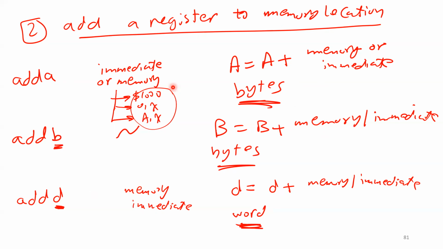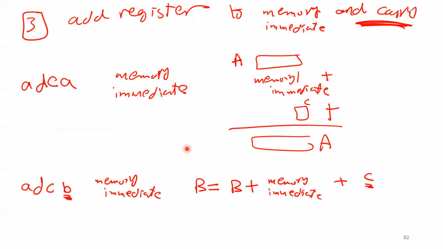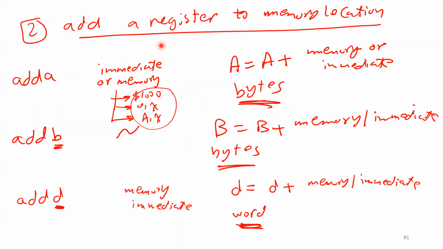Okay. These are the only 3 instructions we have to add register to memory. You don't have anything else. That's all what we have. The last set of instruction we have here, you add the register to memory or immediate value, similar to this one,